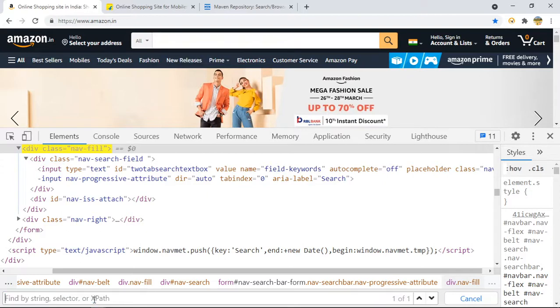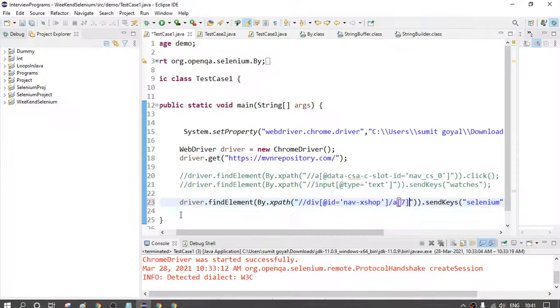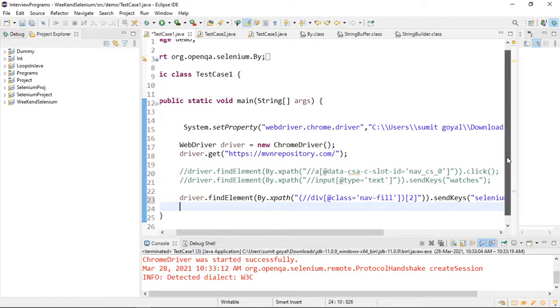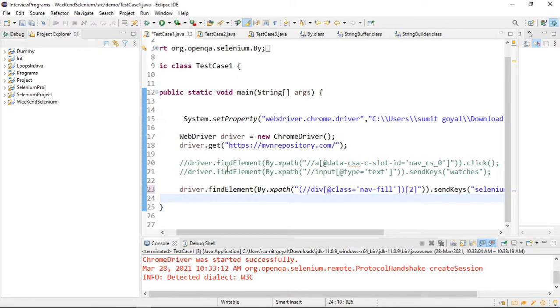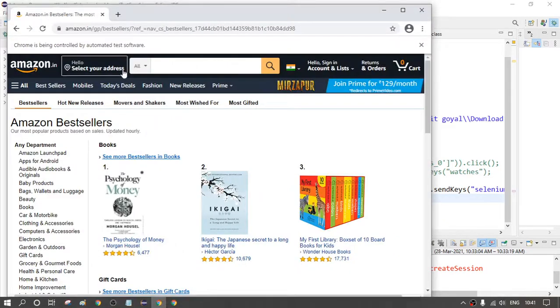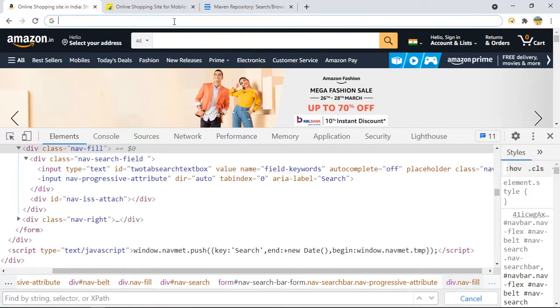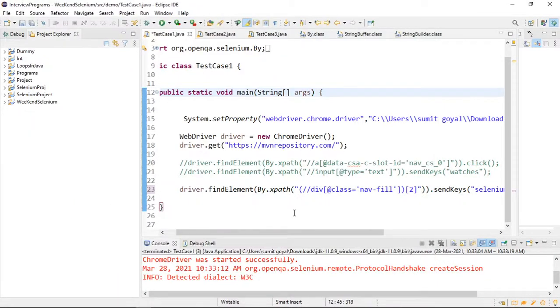So if I copy this XPath and just place it here. If you are getting more than one element with your XPath, you can provide your whole XPath into the function bracket and provide the array index. So it will identify that element according to the index, right? And if I just run this program, let me change the website URL. Where is it? Yeah, this one. If I change the website URL,